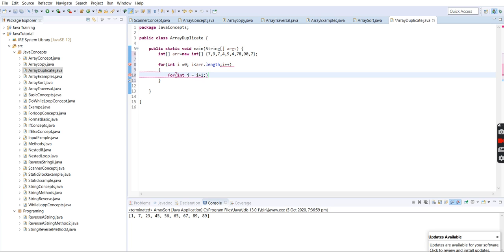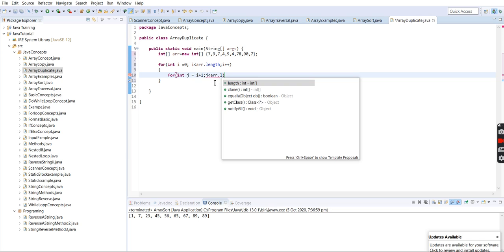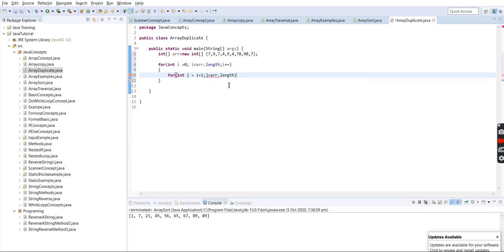and it will also traverse till the last value, less than array dot length, and we'll also increment j plus plus.